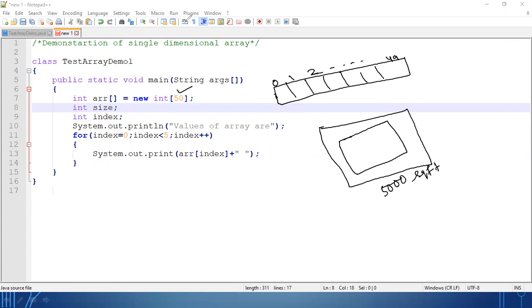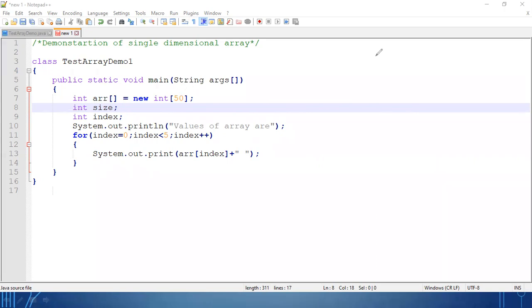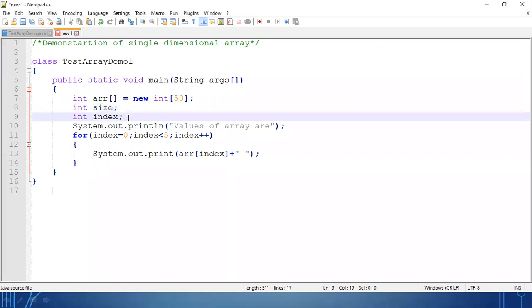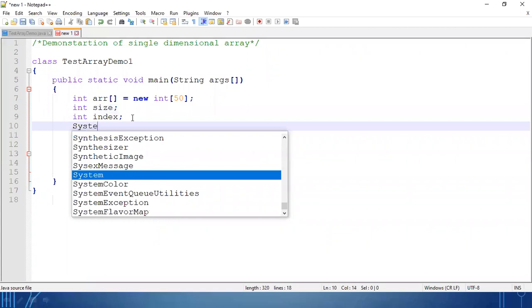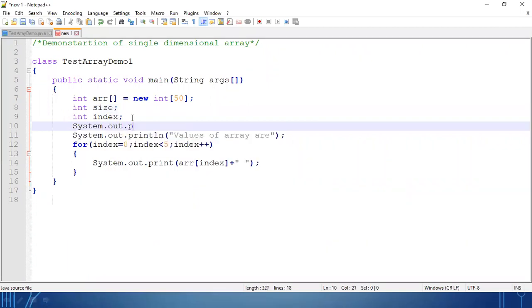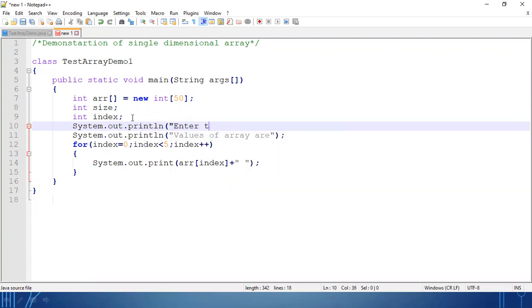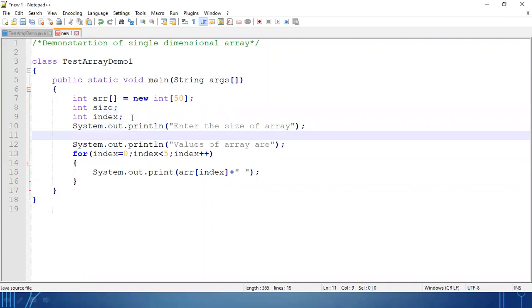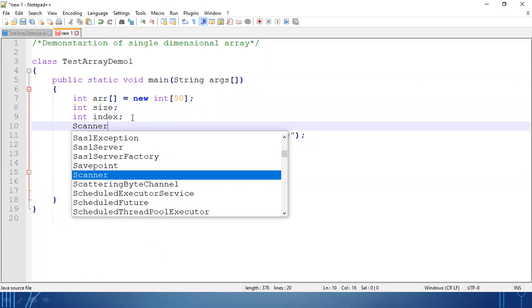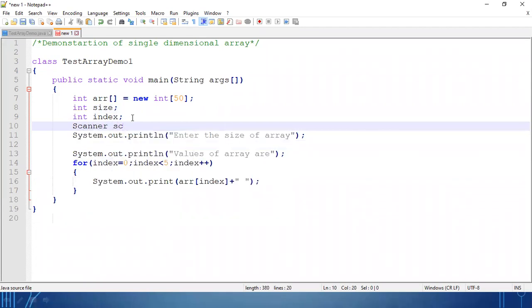So you will ask the user during execution time, it will take the input. System.out.println, enter the size of array. So you are asking the user. Okay, and for that you need the help of the Scanner class.